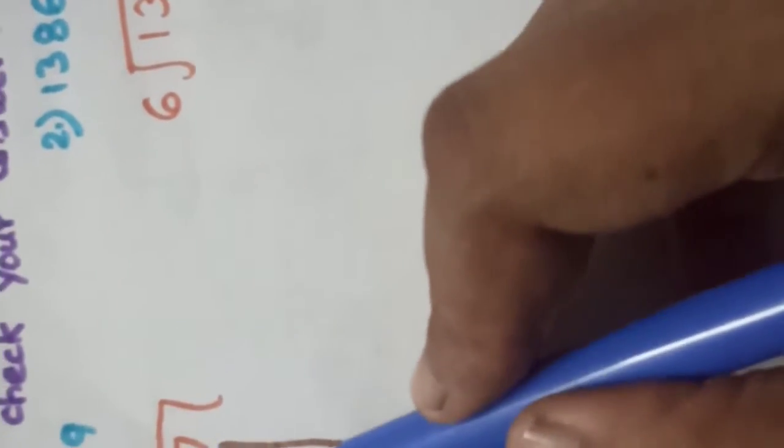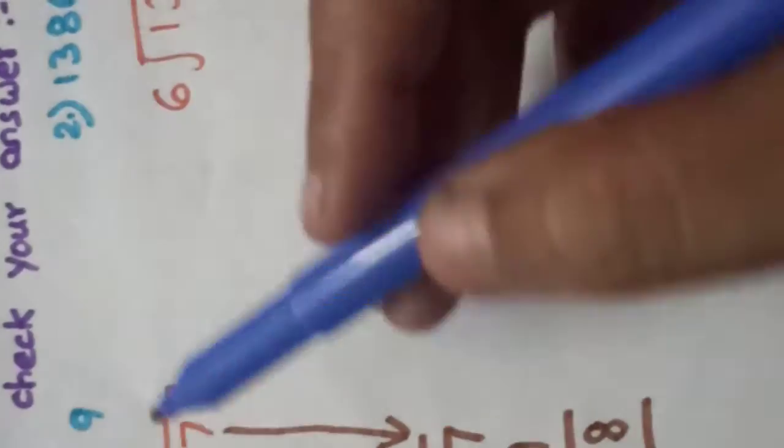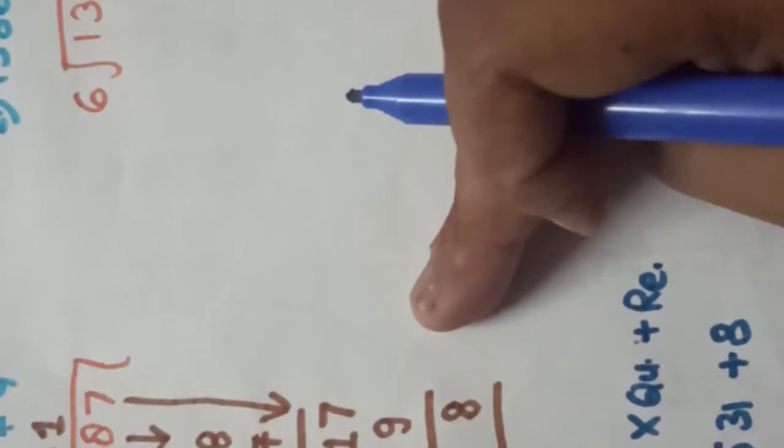Okay, now let us multiply them, and whatever answer we get, we will add the remainder. So finally what we should get? We should get this number. If we obtain this number over here as an answer, then it means our division is correct. Let us multiply it. 9 ones are 9, 9 threes are 27, 7 we will write over here and 2 will go in carry. 5 nines are 45, plus 2, 47. Now what we need to do? We need to add 8 to this number.